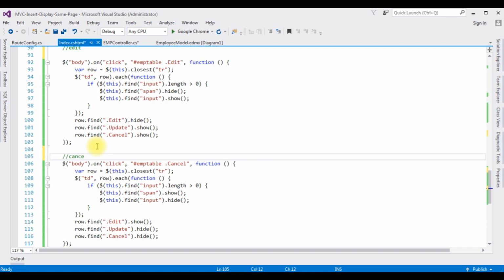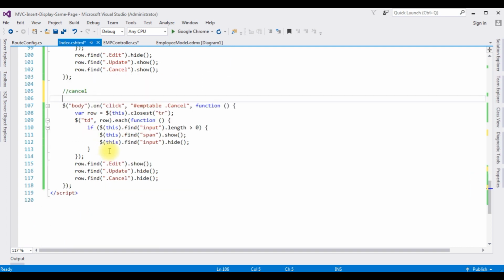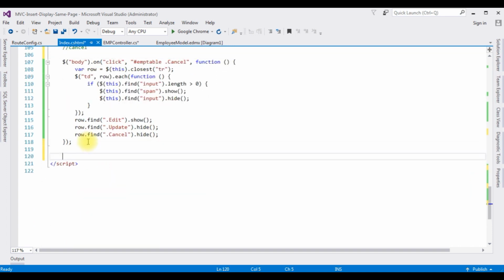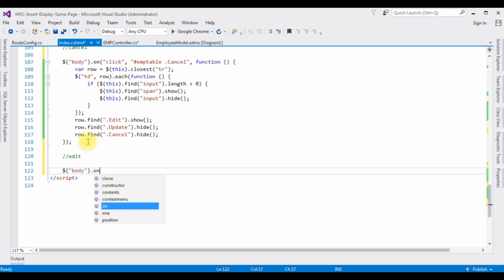This one, cancel. Now we'll write the edit functionality. $("body").on("click" functionality. The event is click,